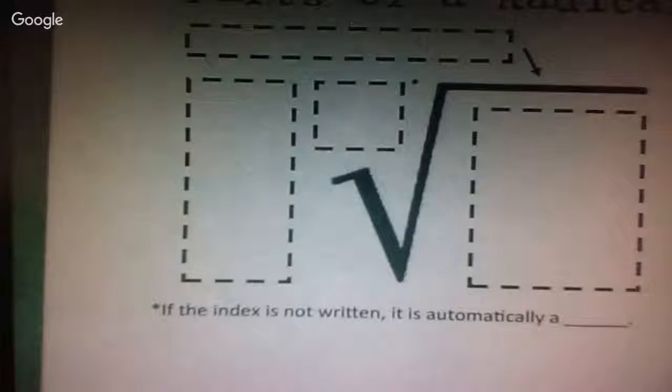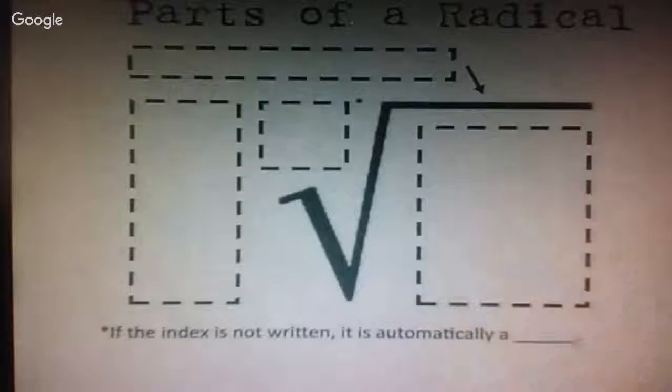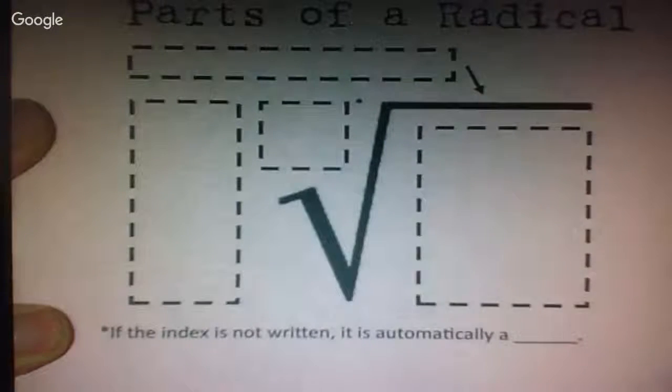So here's where we get into the nitty gritty. This is what I need you to focus on. Everything we've done up till now is the basics for what you need to have for this. So we need to talk about the parts of a radical so you are able to simplify them. Obviously, this square root symbol is called your radical